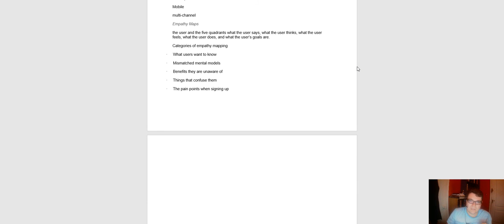Okay. Now, there's also categories as well for the mapping. What I was describing before was basically the wheel with the user in the center, and around the wheel you have what the user says, what the user thinks, what the user feels, what the user does, and what the user's goals are. Now, in that there's also categories as well. So what users want to know, mismatched mental models, benefits they are unaware of, things that confuse them, and pain points when signing up for